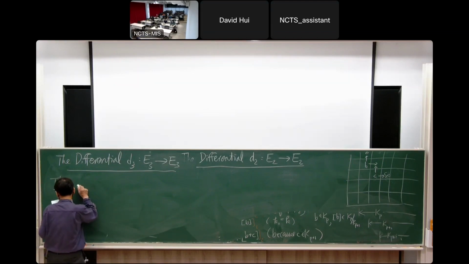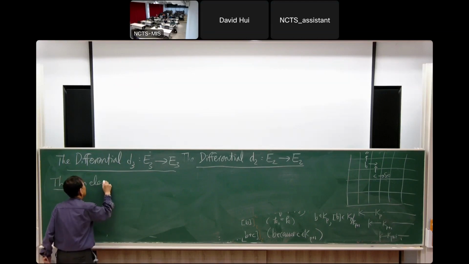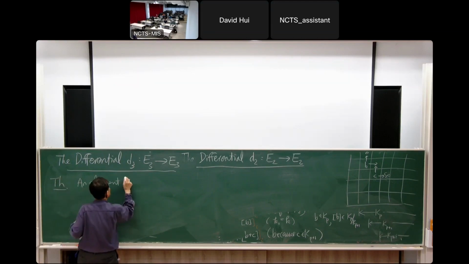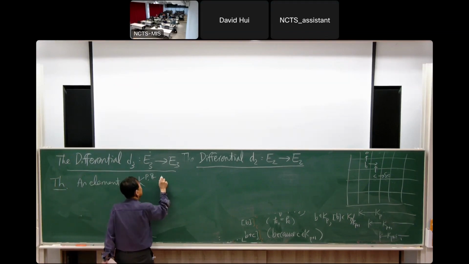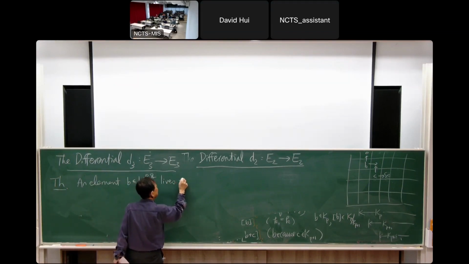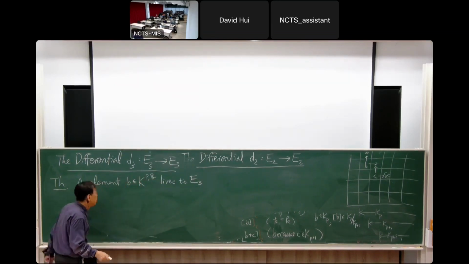So an element B in K EQ lives to E3 if and only if,